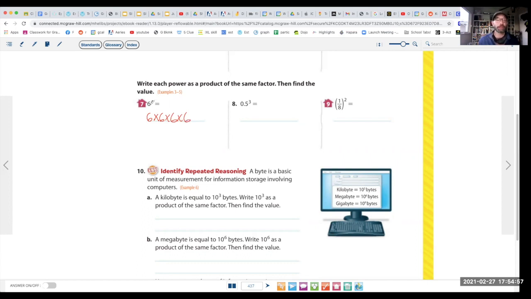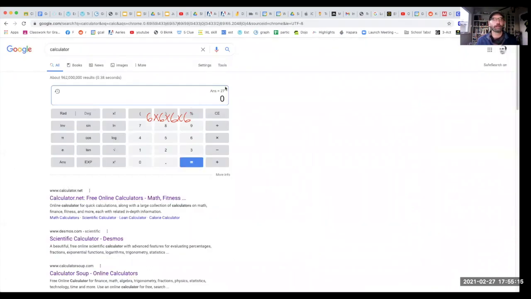So if you think that this is 6 times 4 is 24, oh no, no, no, that's very wrong. So why don't you go ahead and you can use a calculator and figure out the answer to this. Ready, go. Okay, so let's try using a calculator to figure this out. So here our problem is 6 times 6 times 6 times 6. So I'm going to write 6 times 6 times 6 times 6. And the answer is